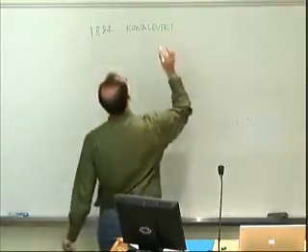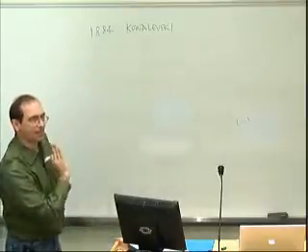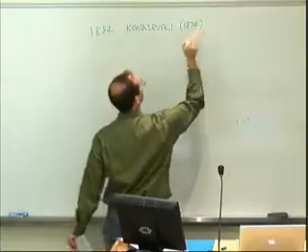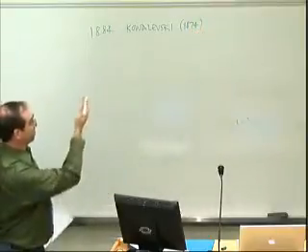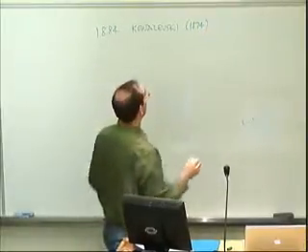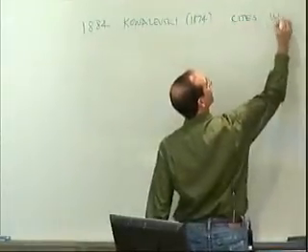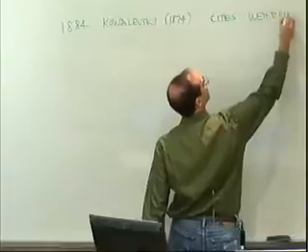Kowalewski published a paper in 1884 that she actually wrote in 1874, but it didn't get published for 10 years. And she cites unpublished work of Weierstrass,